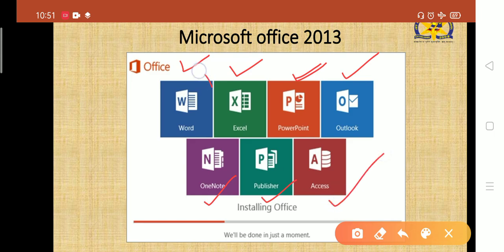Okay, today we are going to discuss only Word, not Excel, in which we make data sheets, balance sheets and all. Today we are going to discuss MS Office Word 2013 and see the different features of Word. It is a word processing application, that means it is used for typing text and editing the text.